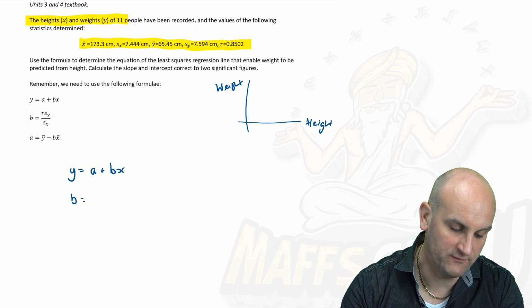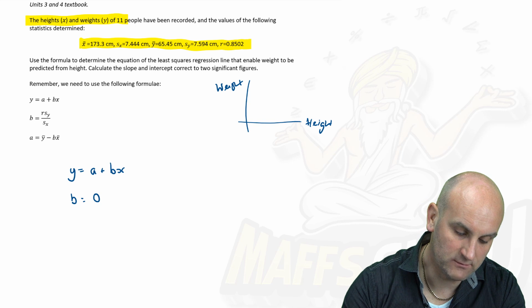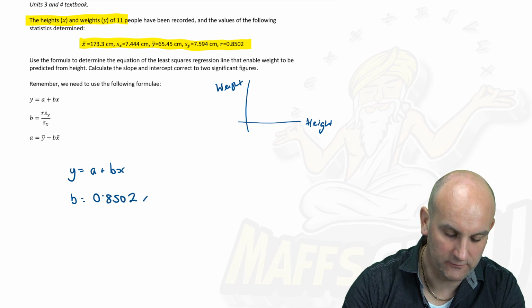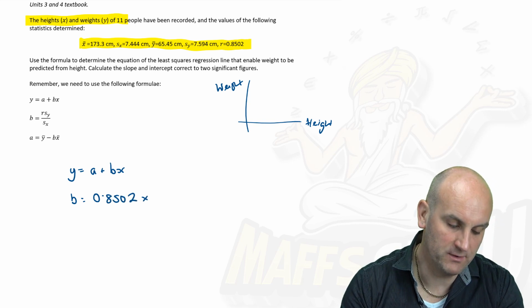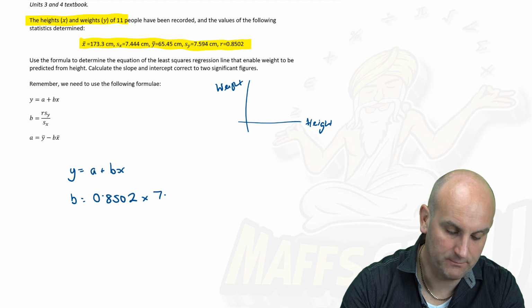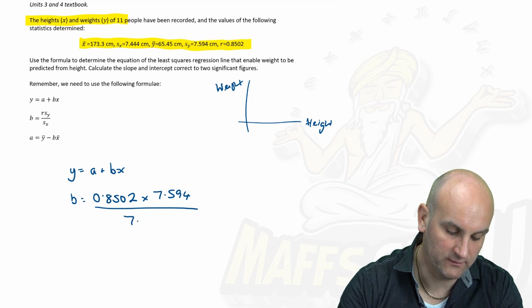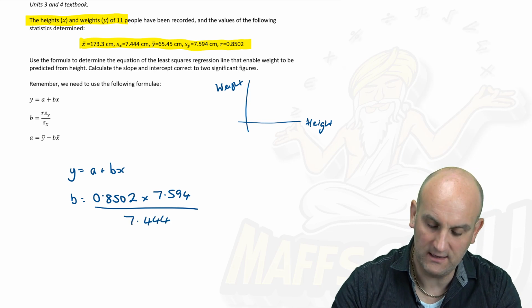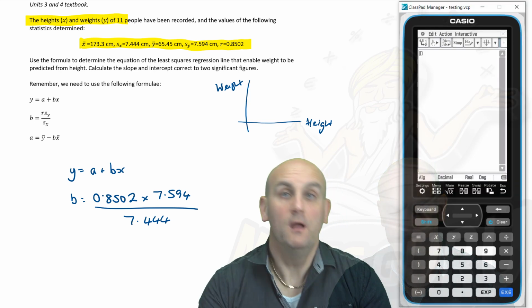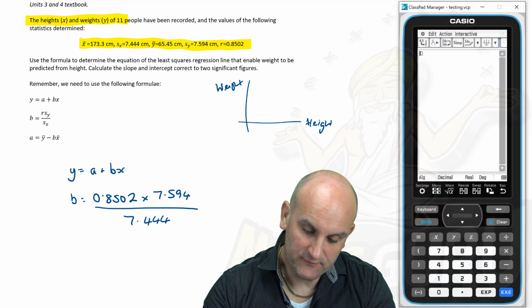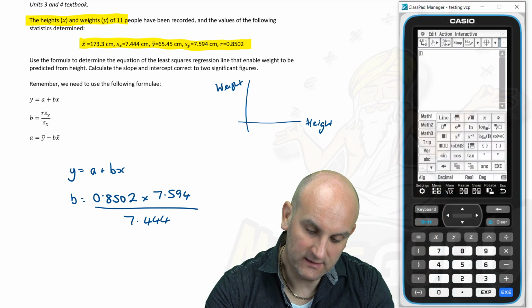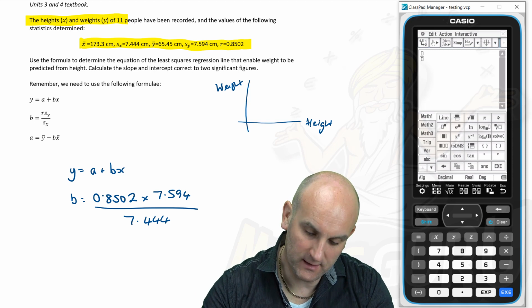Well, it tells me to take my value of r, which they give me as 0.8502, multiply that by sy, which gives me 7.594, and I'm going to divide that by my value of Sx, which is 7.444. Can't do that in my head, so I'm going to load up my CAS calculator. And so loading up my CAS calculator, the first thing I'm going to do is say, excuse me calculator, give me a nice little fraction that I can fill in. There we go, so